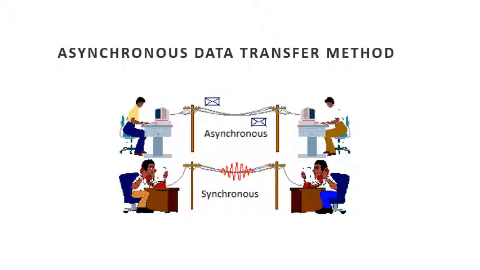Next, asynchronous data transfer mode. When the speed of the I/O device is slower than that of the microprocessor, we prefer the asynchronous data transfer method. As the speed of both the devices differ, the I/O device's internal timing is entirely independent of the microprocessor. Thus, they are termed to be asynchronous from each other. The term asynchronous means at irregular intervals.